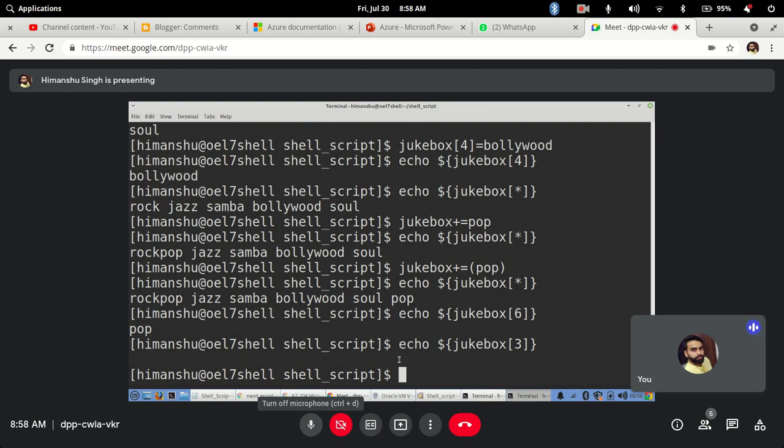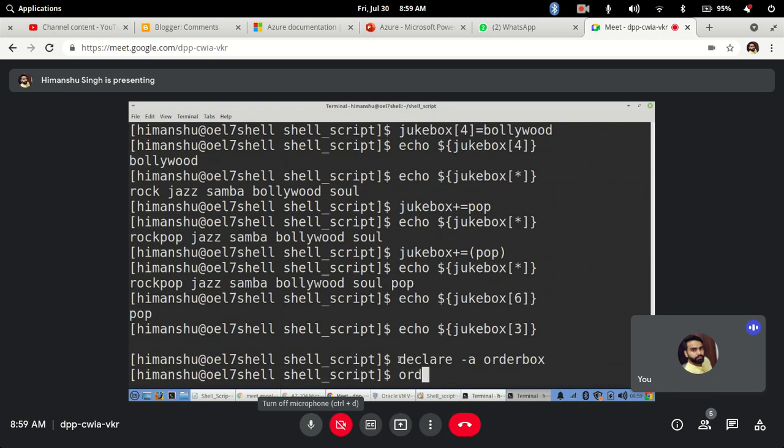Now, an array can also be defined. In case you want to declare, use declare hyphen a, and let's say I say order box. So you can define an array like this also, and then you will start storing at different index positions. That option is also available. So let's say I do it like this, and then I start with order box 0 equal to, let's say, dinner.